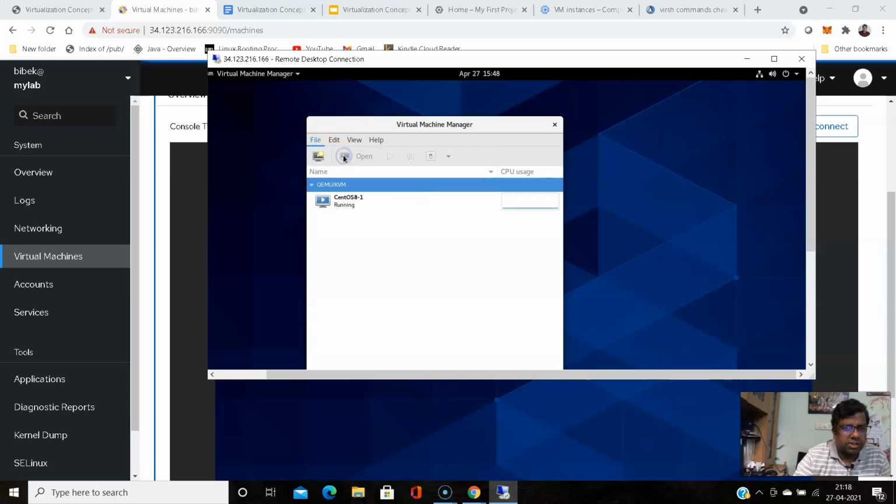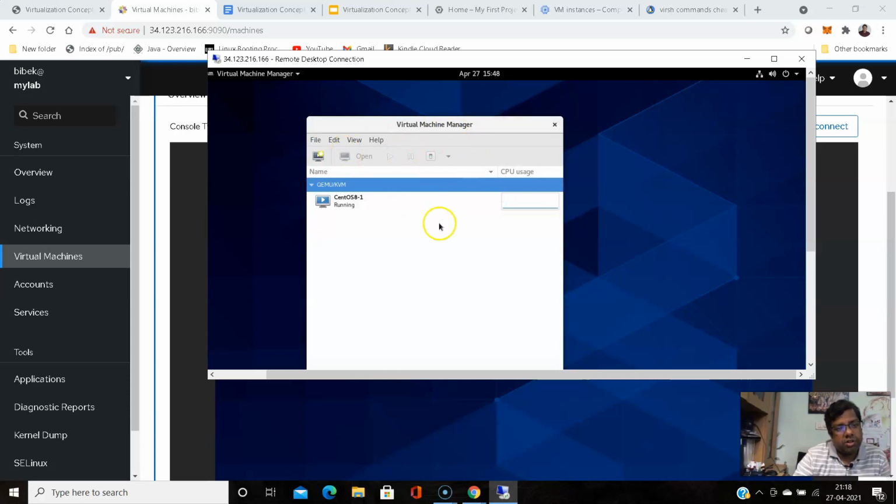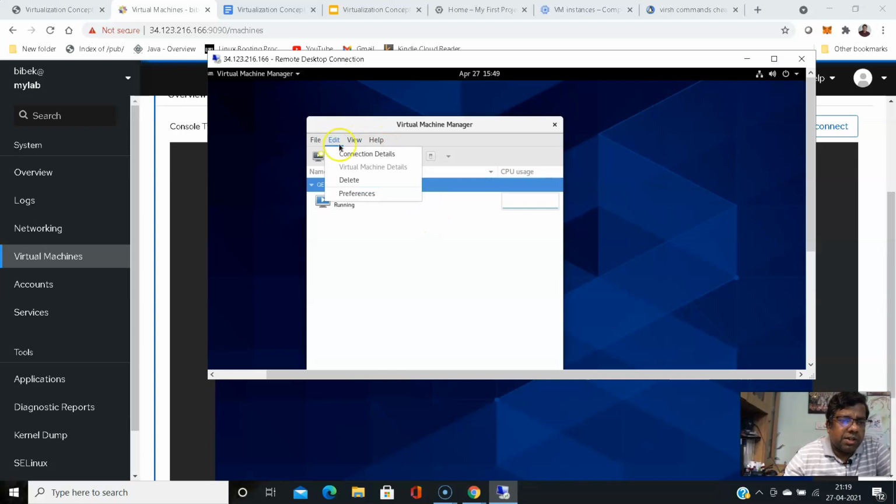You can add connections. You can connect to another virtual machine manager running on another KVM box, like a physical hypervisor box. Then it will show the resources from both. But this virtual machine manager is for managing KVM boxes independently. If you want centralized management, just like vCenter, then you have to use Red Hat Virtualization Manager. That's a different product. I will see if I can demonstrate that to you as well in the next part.